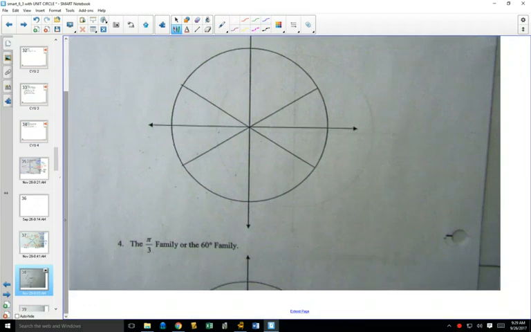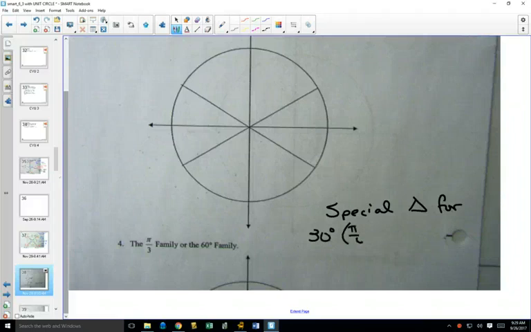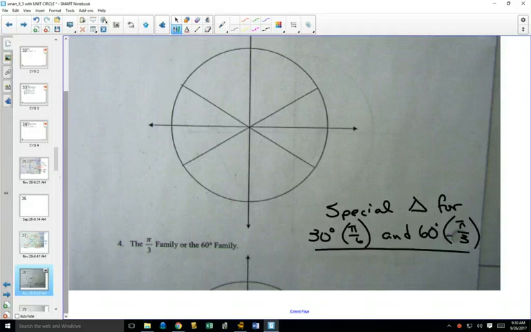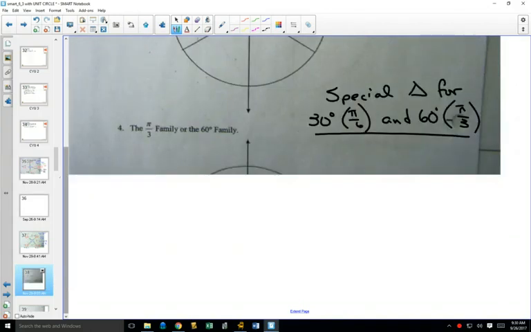For the 30-degree and the 60-degree triangle, there is one special triangle that does both of them. So in this little space in here, we're going to draw our special triangle for 30 degrees and 60 degrees. And the reason why it's a special triangle for both of them